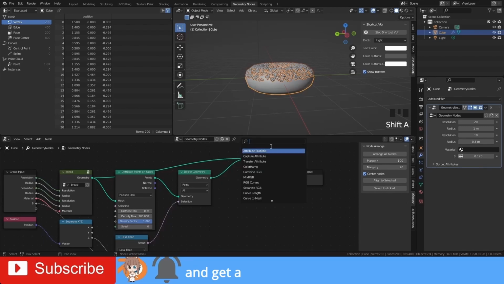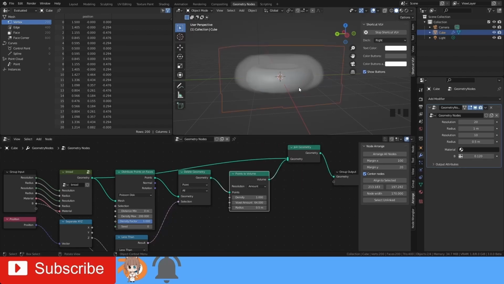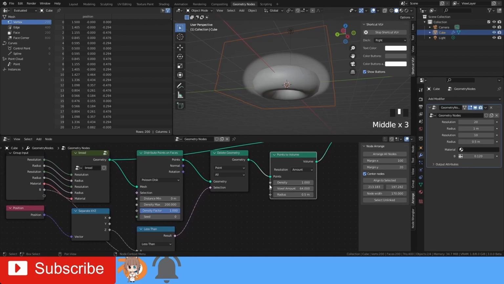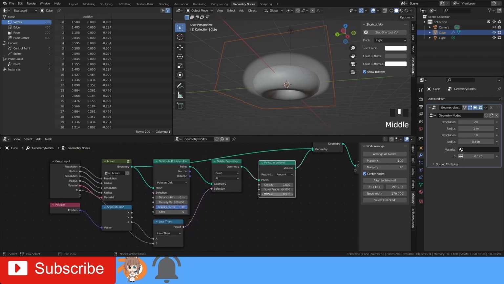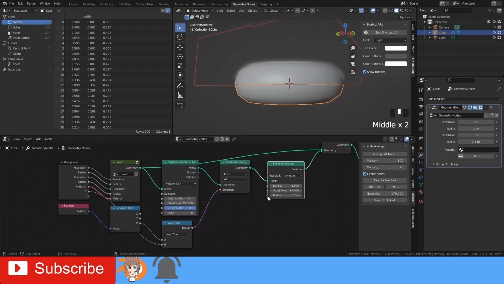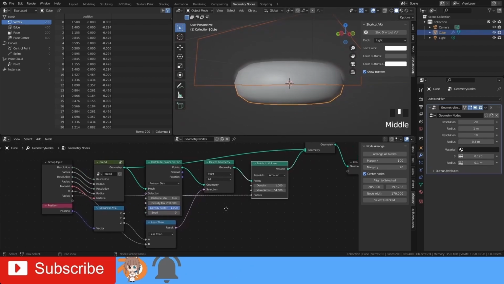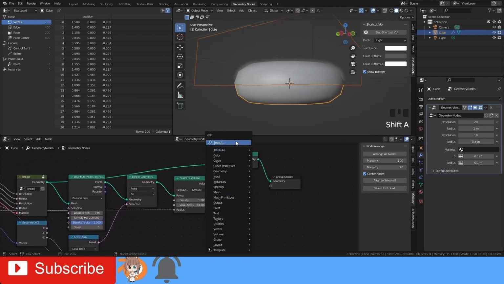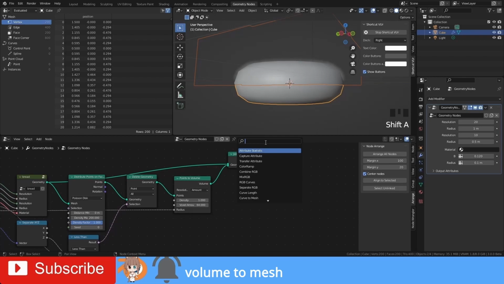And I get a points to volume, then set it to about 0.01, and put the input into a volume to mesh.